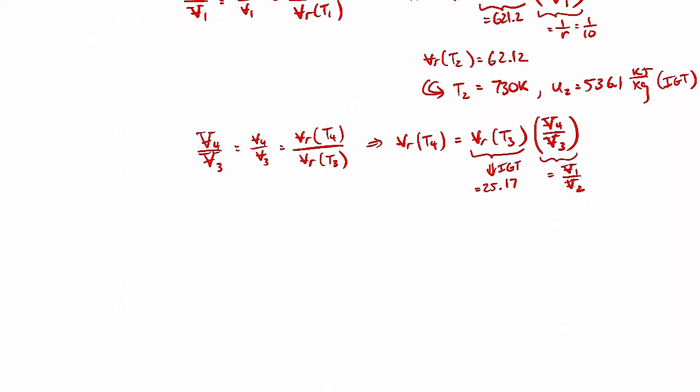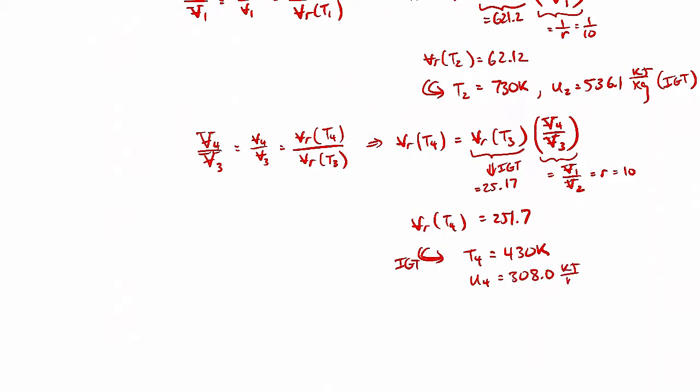And that will be the compression ratio. So that's just equal to 10 in this particular case. So then we'll see that VR at T4 comes out to be 251.7. So then we can go back to the ideal gas table to get that T4 comes out to be 430 Kelvin. And again, while we're there, we'll look up the value for the specific internal energy. That's 308.0